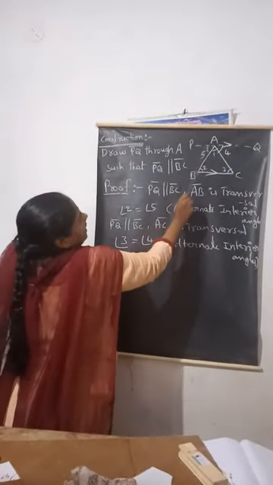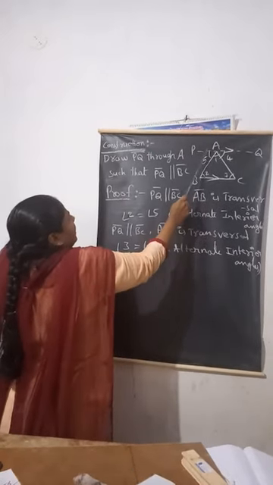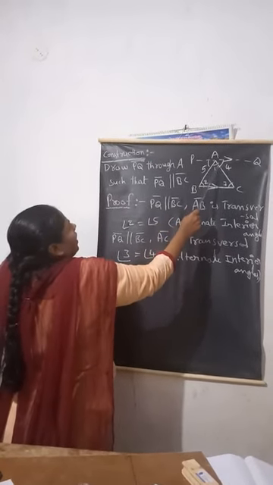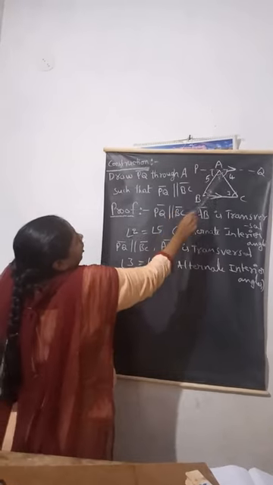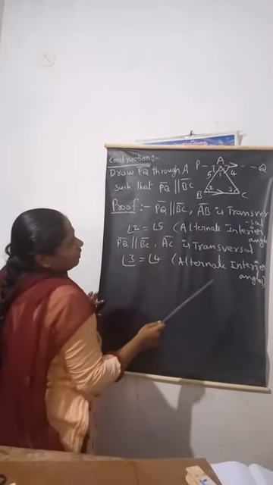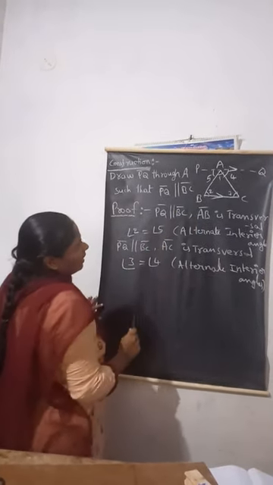Next, we see carefully here. This is one straight line. Here angle 5, angle 1, angle 4. Join these three angles. We can get the straight angle. What is the straight